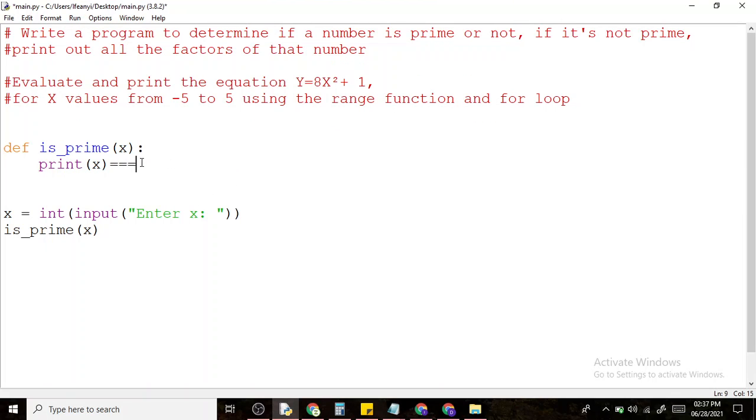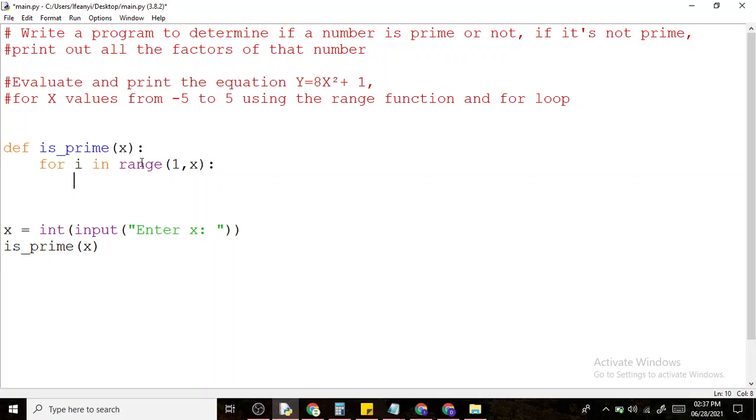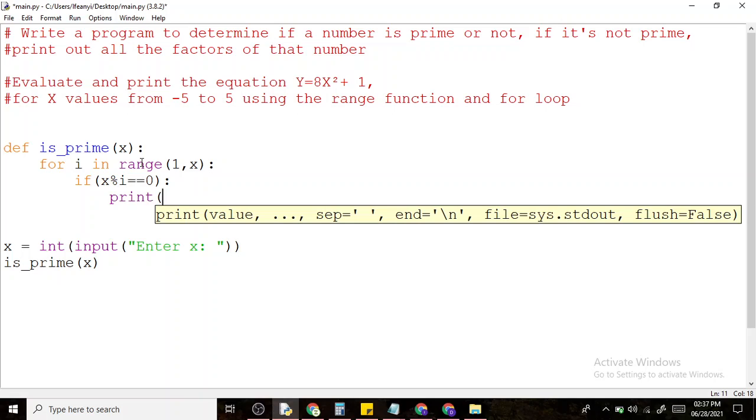Now for a prime number, we need to loop over numbers. You know, a prime number actually has two factors, which is 1 and then itself. So we can say for i in range 1 to x. Now I'm starting at 1 because we don't want 0, because 0 usually isn't very useful when it comes to finding factors. Now for i in range x, if x modulo i is equal to 0,